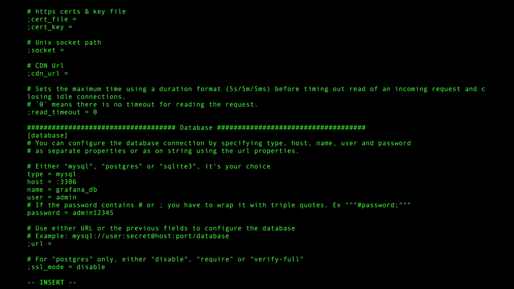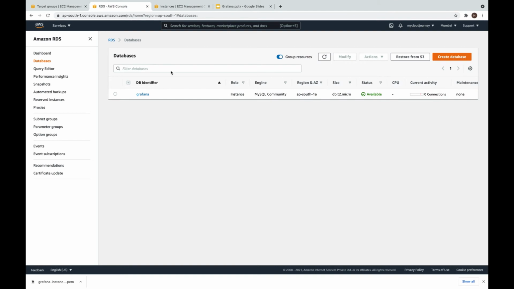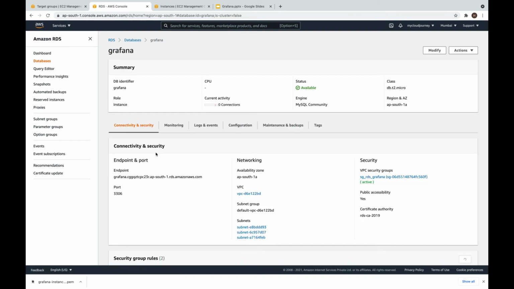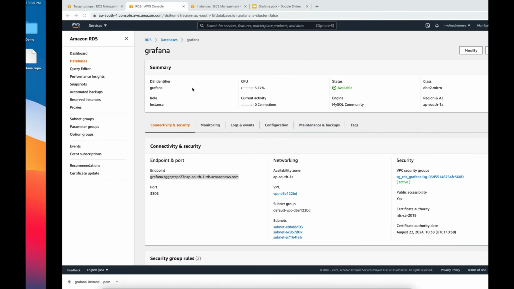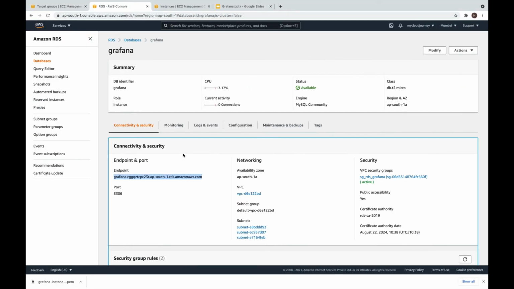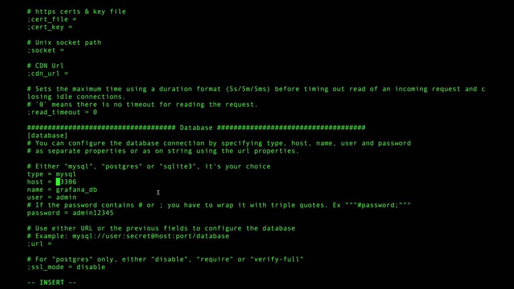And let's navigate to the AWS console RDS section, and let me copy this endpoint. Let's configure this here and save and exit.